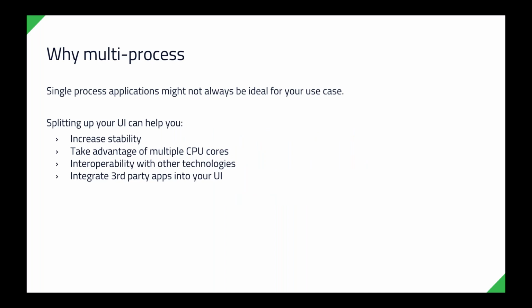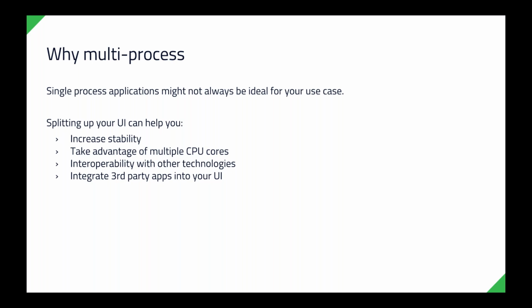Splitting it up can help you increase stability. That is, if your UI is in multiple processes, one of them can crash or freeze, and it will still not bring down your whole UI. You can keep the state in the rest of the UI, restart that part, etc. It can also help you take advantage of multiple cores,